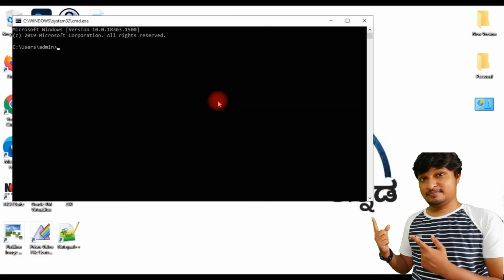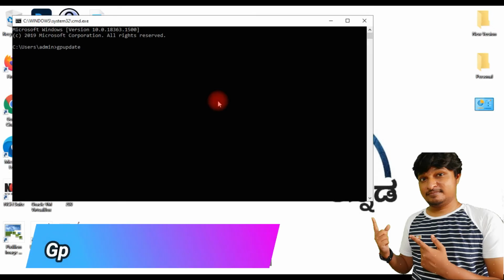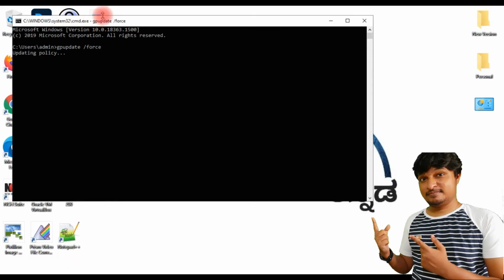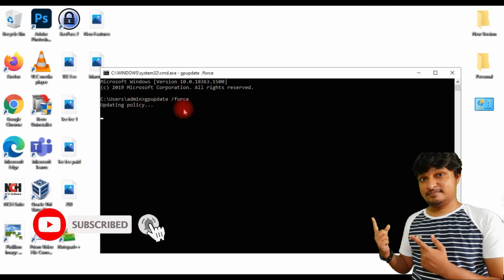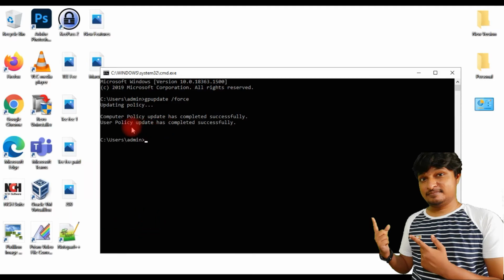Here you have to enter a command, that is gpupdate /force. Then press Enter. Once you enter, as you can see, it says updating policy. It might take only 1 or 2 minutes. After that, it says computer policy update has completed successfully.